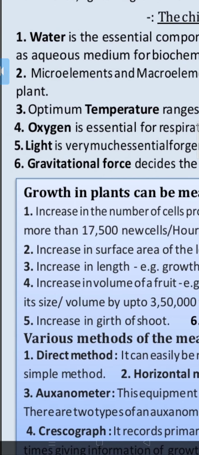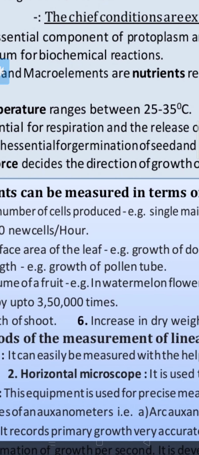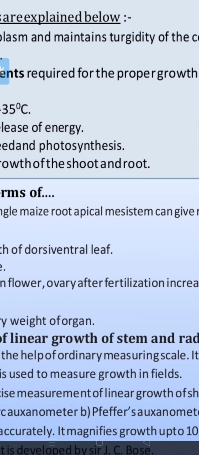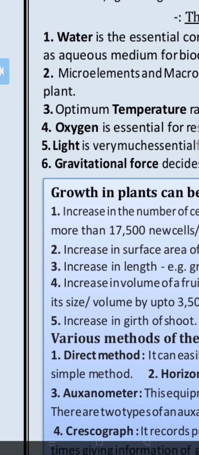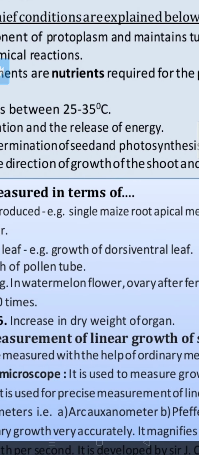The last one is the crescograph. You should remember that the crescograph was discovered by J.C. Bose, that is Jagdish Chandra Bose. It records primary growth very accurately. Primary growth means the starting growth of the plant, that is growth of radicle, plumule, etc. It magnifies growth up to 10,000 times, giving information of growth per second. It was developed by